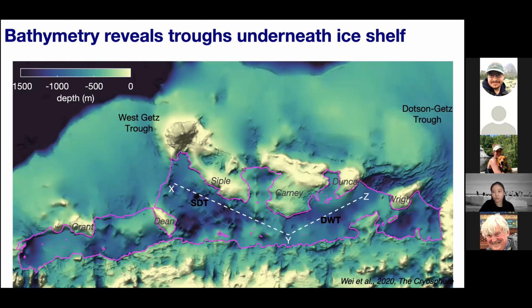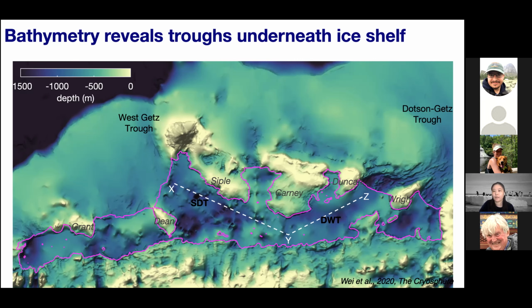The new bathymetry reveals deep troughs are continuous from the inner continental shelf to beneath the ice shelf. In Western Getz, we identify a 1,300-meter deep trough between Siple Island and Ding Island, which we refer to as Siple-Ding Trough, SDT. In Eastern Getz, we find a 1,200-meter deep trough between Duncan Peninsula and Wright Island, which we refer to as